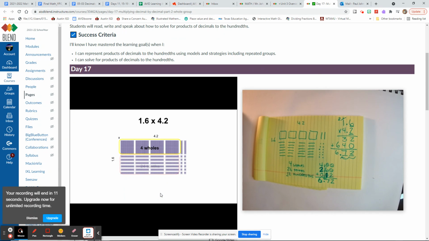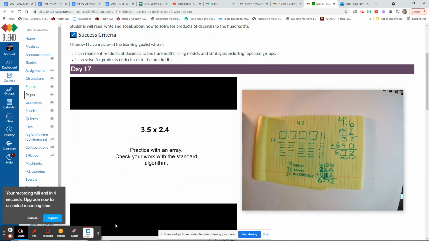They did it a little bit differently. They added the 24 tenths and then the 2 tenths. We just got the 26 tenths, but we got the same answer. So go ahead and try this one, and we'll check it